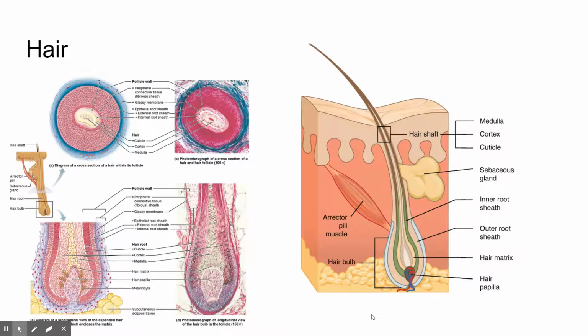So let's talk about hair. Hair is another deep subject, so we're just going to hit the surface here. Hair is a necessary component of skin. For us as humans, we don't use hair the same way that mammals do. Mammals use their hair a lot for